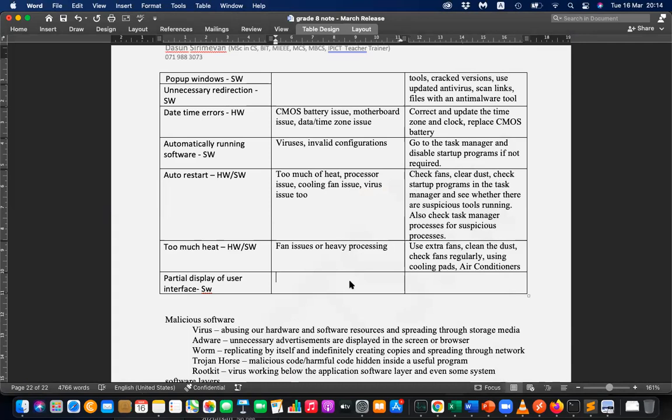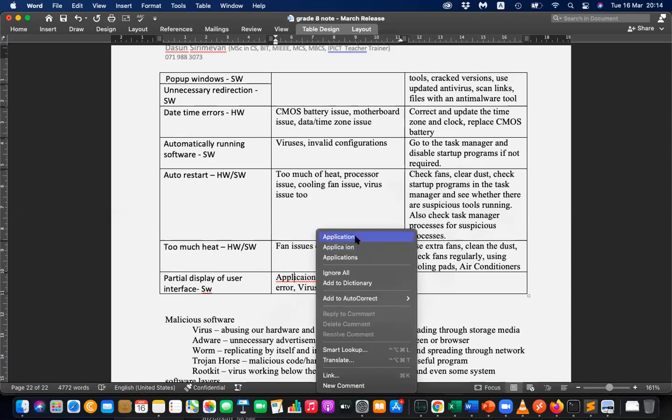Partial display of user interfaces may be an application error or configuration error, or it can be viruses too.